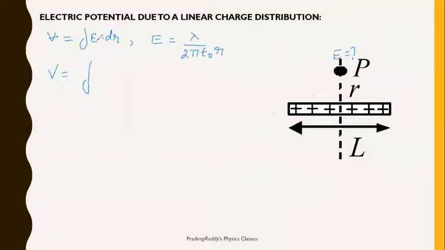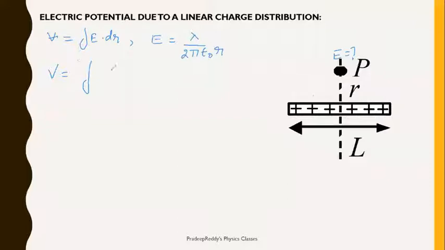So V will be equal to the electric potential, and this is the integration of E dot dr. If E and r are in the same direction, then you will get positive. If E and r are in opposite directions, then you need to take it as negative, because cos 180 is equal to minus 1. This is the dot product, so it depends on the sign; in some textbooks they take it as negative. That depends upon the sign convention of E and r.